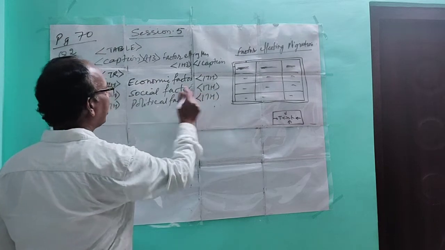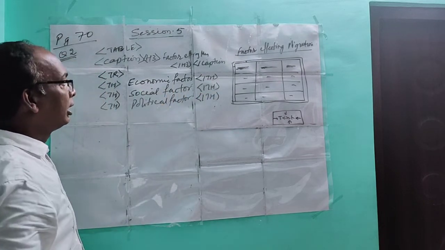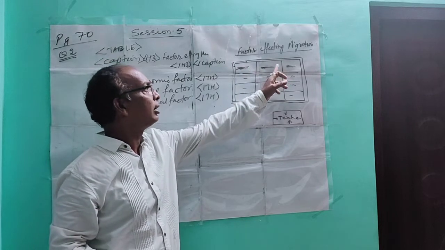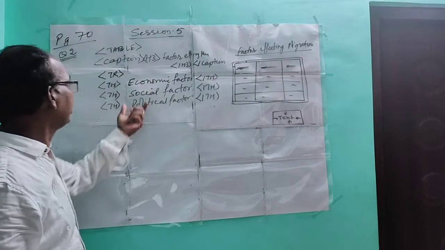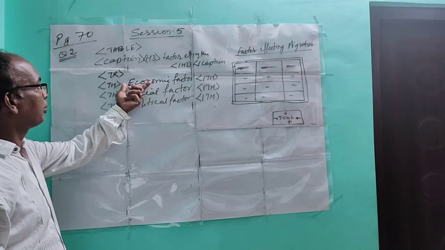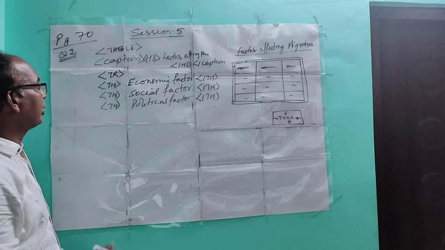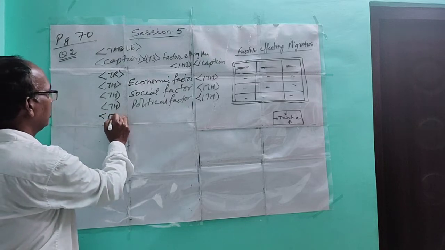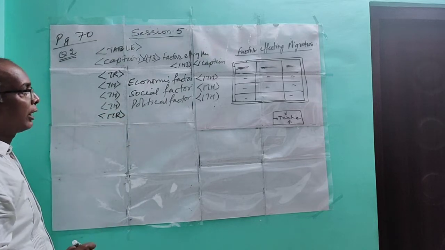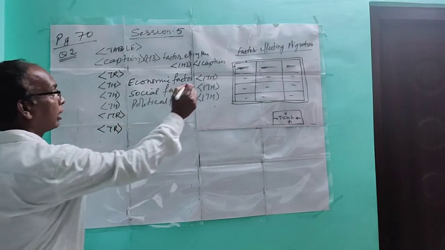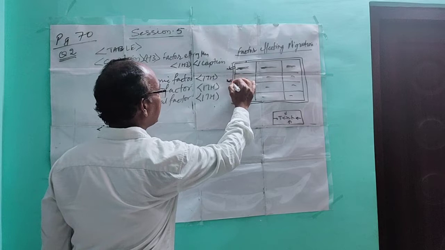I am using a 3 value because there are 3 columns, and in each column there are 3 data. So I am using three columns: first column, second column, and third column. So our first row is finished, then close TR.